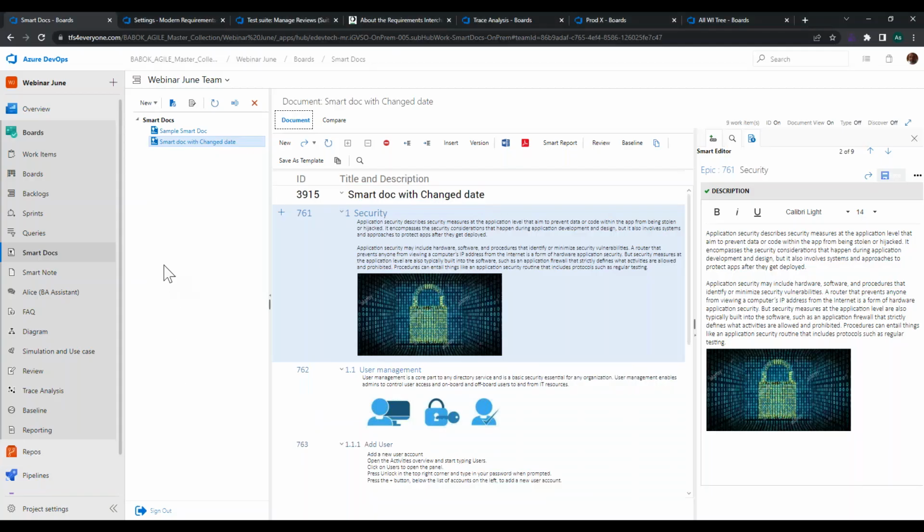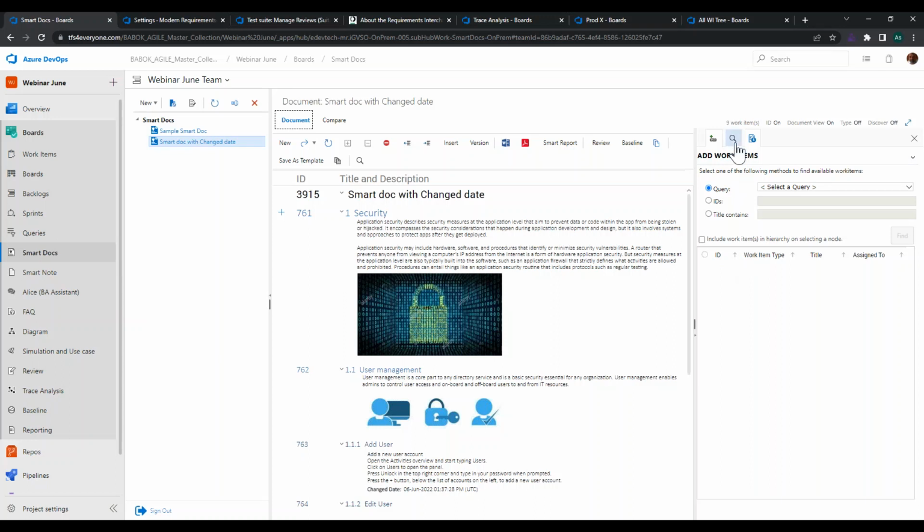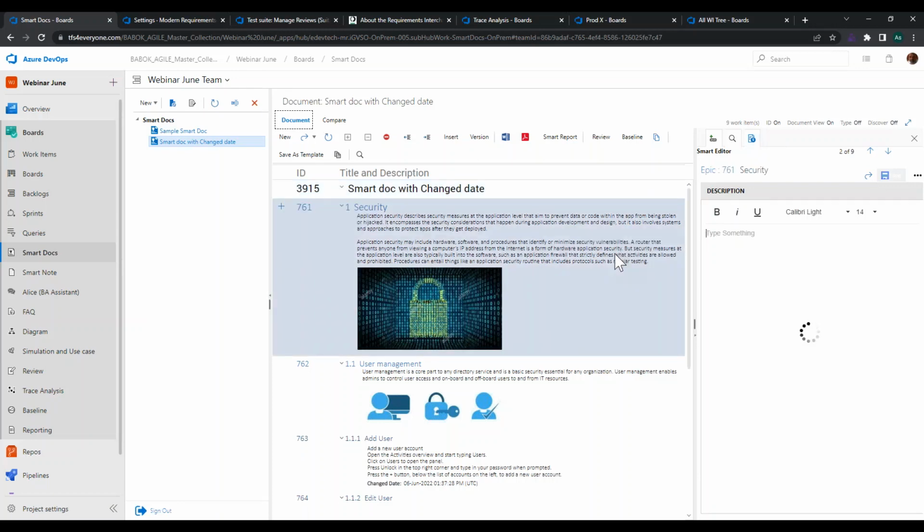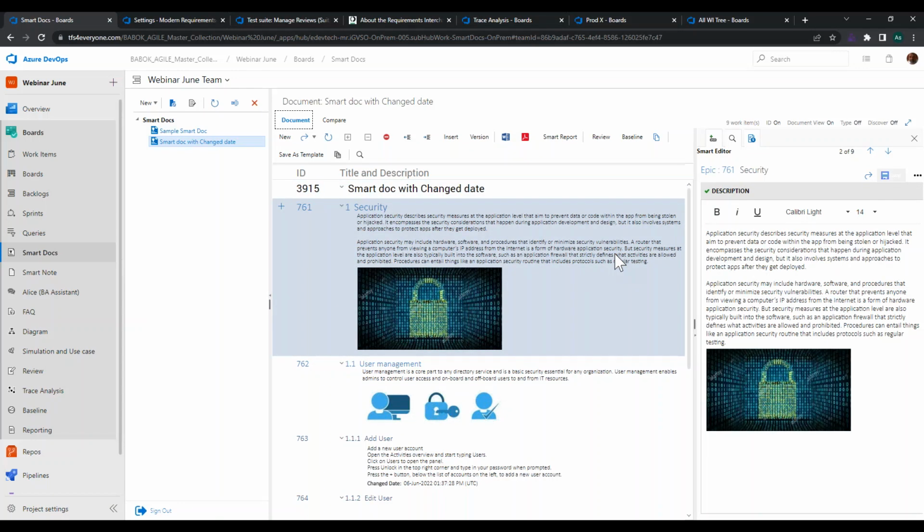Let's go here. Okay, so the one thing is the right panel. When you go to a smart dock, you will see that if you open up the right panel, either through a search or insert, you will see this right panel. So you can insert work items, you can search within the smart dock, or you can go to